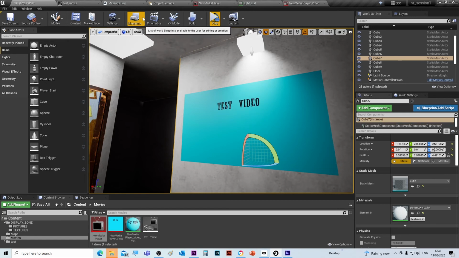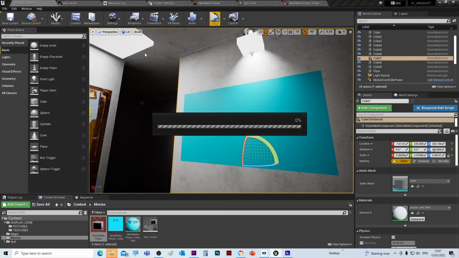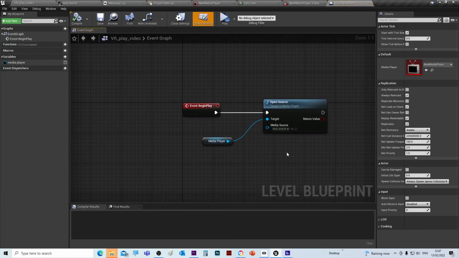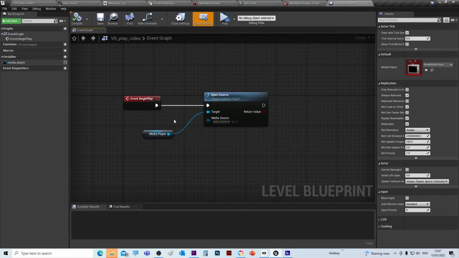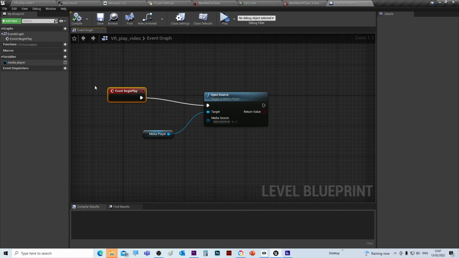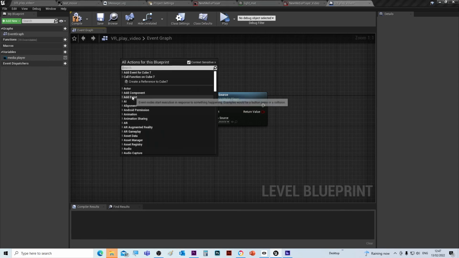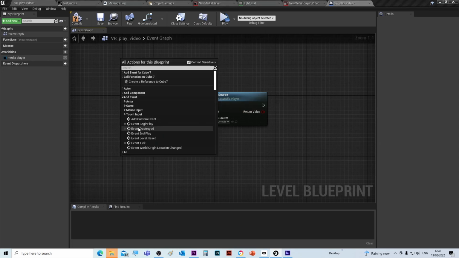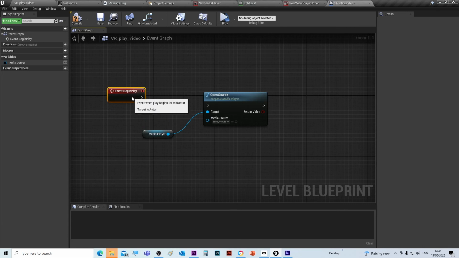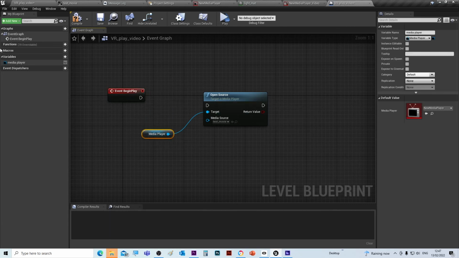Here we go to the level blueprint. Okay, you can see here, this is how you make the video play. So make sure that you've got an event begin play node. If you haven't got one on there, so if I just delete that, if you right click, go to add event and select event begin play, and then you need to make sure that you've got a variable for a media player. I'll show you how to do that. So click on create variable,